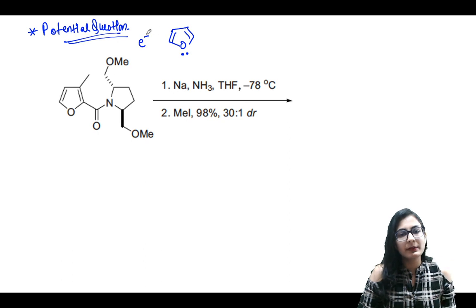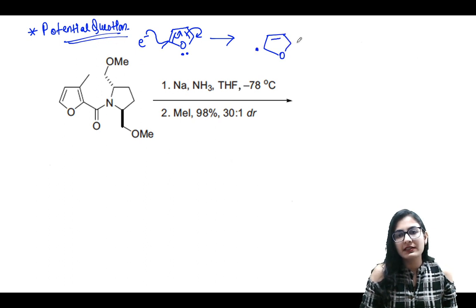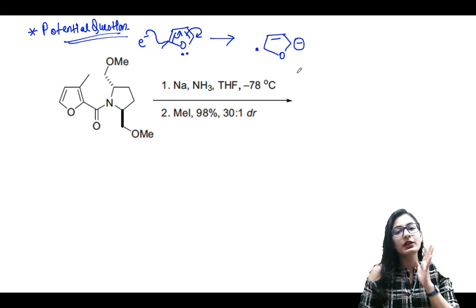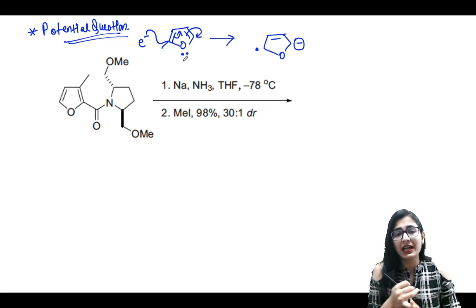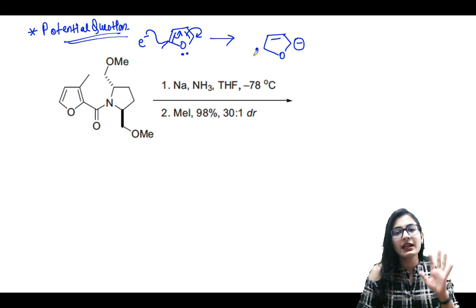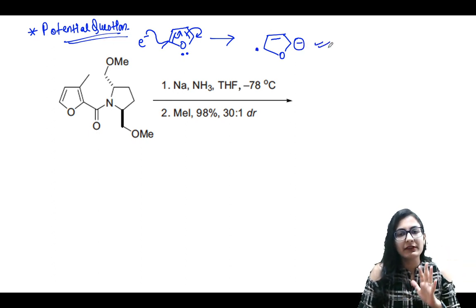So where will it be? It will be on, let's say, this carbon. And definitely the electron density is going to move away, and this is our radical anion that we are going to generate when we are doing the Birch reduction in furan, in pyrrole, in thiophene, all the 5-membered rings, right? They have to be as far apart as possible. So this is the possibility that we are going to see.